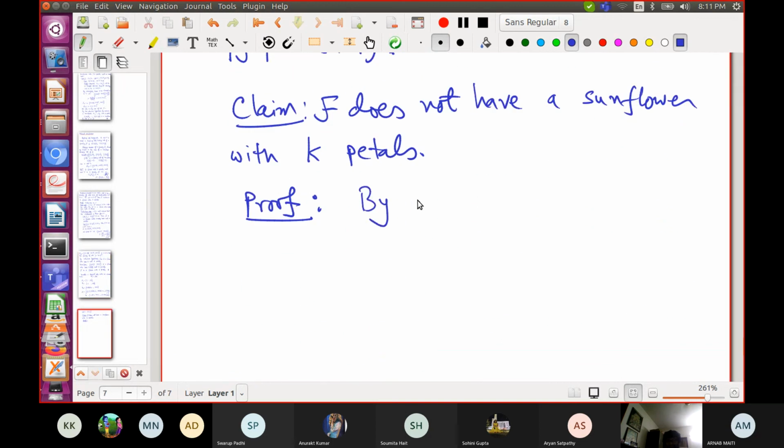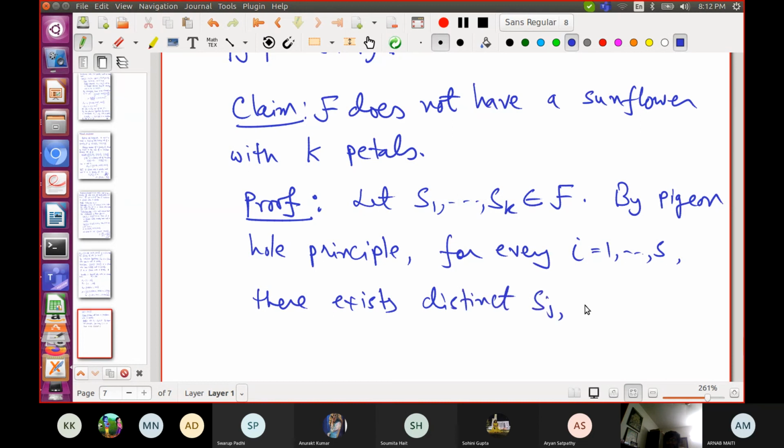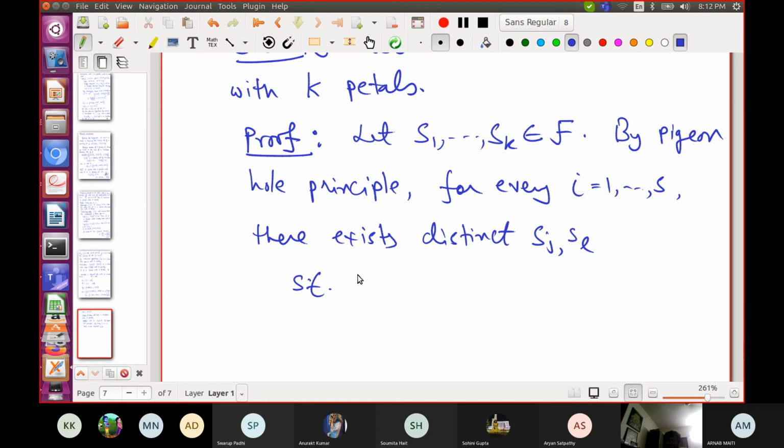So by the pigeonhole principle, let S1 through Sk be some k elements in F. For every i from 1 to s, there exist distinct Sj and Sl, where j and l are indices between 1 and k, such that they agree on Ai.